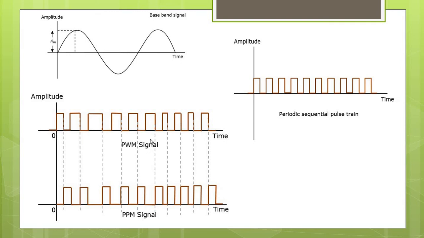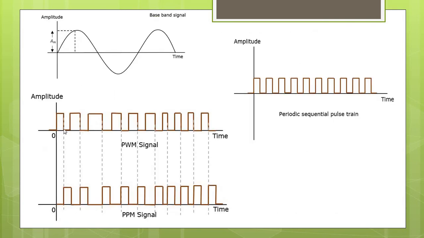So this PWM signal is passed through a monostable multivibrator. A monostable multivibrator is also known as one-shot multivibrator, where the monostable multivibrator can be triggered at the leading edge or at the trailing edge of these pulses. So whenever the pulse width modulated signal is applied to a monostable multivibrator, it gets triggered either at the leading edge or at the trailing edge. So whenever the monostable multivibrator is triggered, it generates a pulse of constant width.